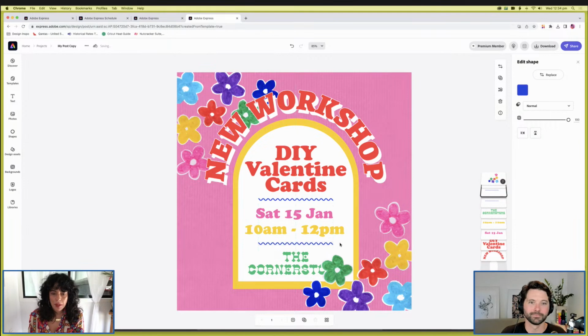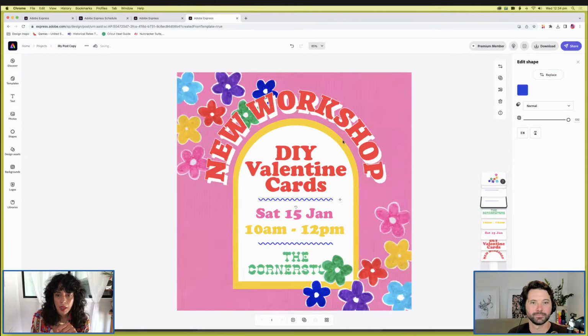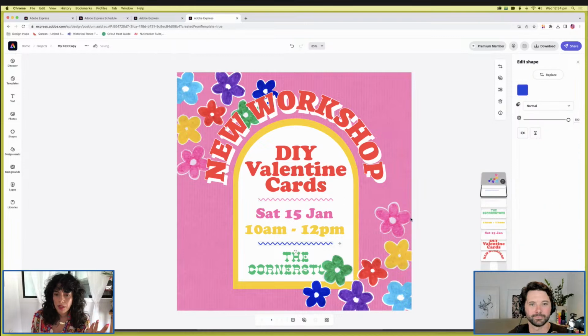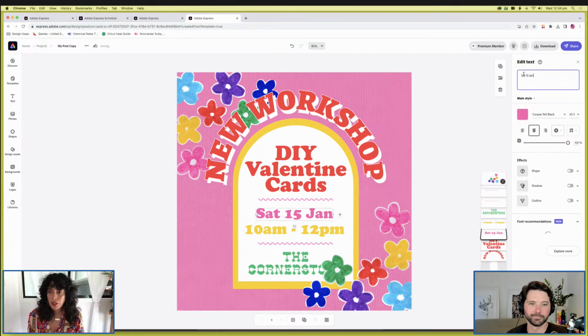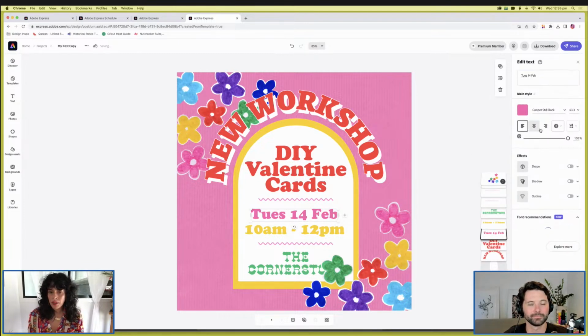So these squiggly lines are actually shapes from the shape library. I'll show you here, you can just change the color. What color did I do those? Pink. Okay, so you can just change them just by clicking that. You don't have to redraw a squiggly line or anything like that. And if you want to change the text, you just type it into this box. So we're just going to say this was yesterday. And you just type it up in there, and then you can adjust the